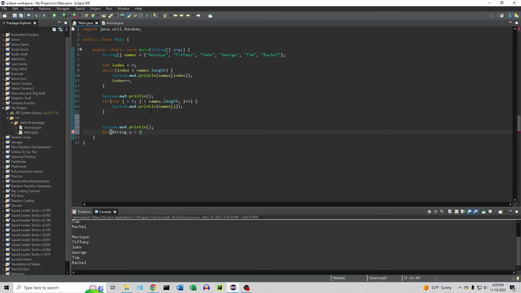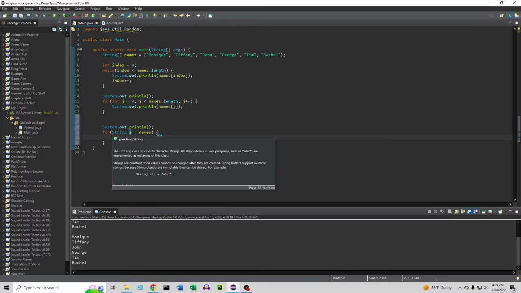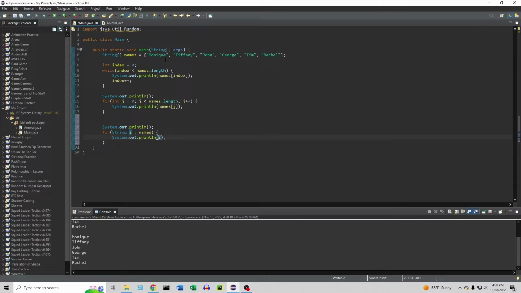For each string S in names, names is our collection of data here, this array, then we're just going to print S. And that's it. That's all we have to type. For each string in names stored in this temporary variable, every time it loops, it goes to the next one, puts it in this variable, and then we print it out. Then if there are more strings, it'll continue to do it, and it'll iterate